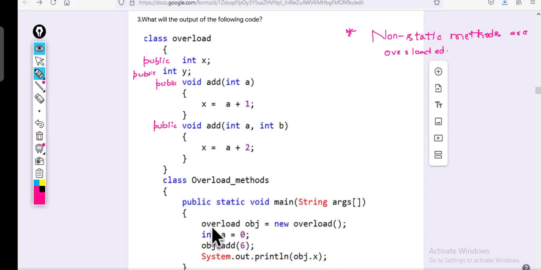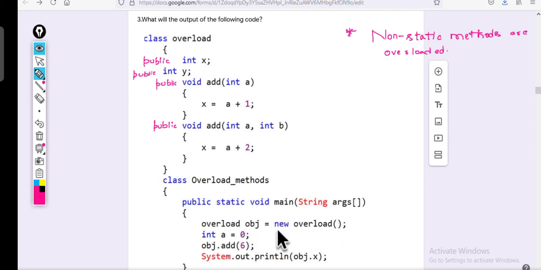Non-static methods are overloaded. Super. Okay, let us see, why take tension. Execution always starts from the main method.